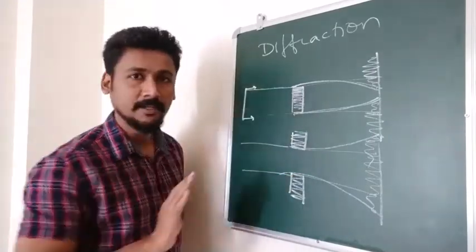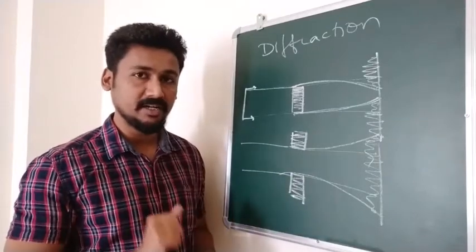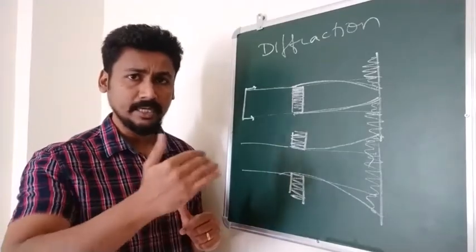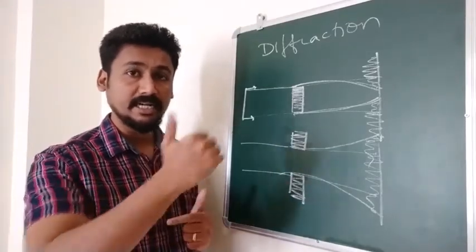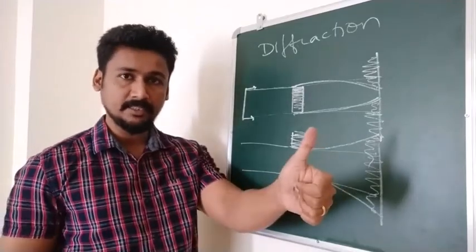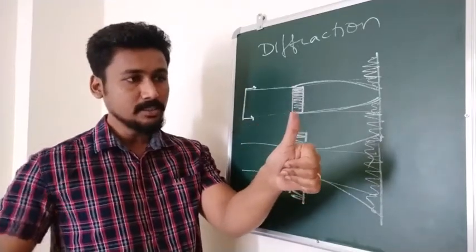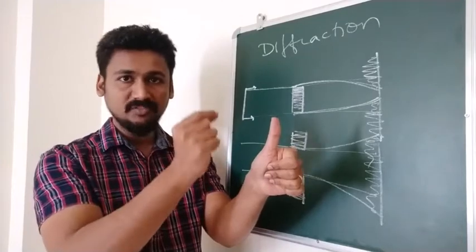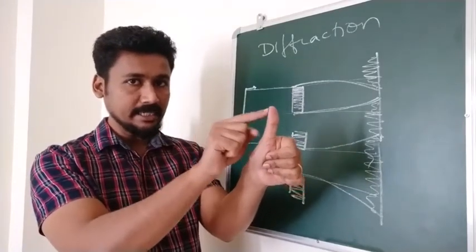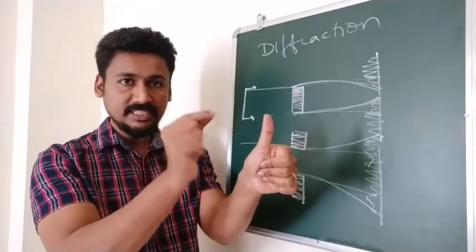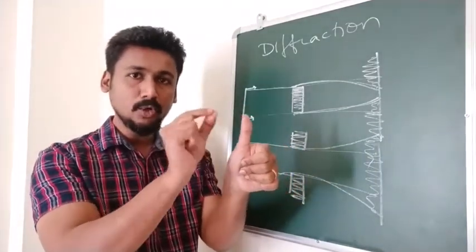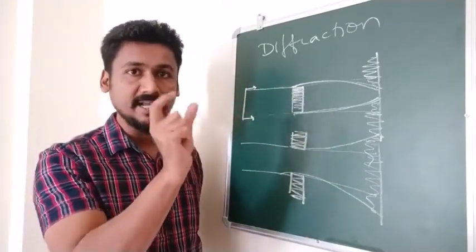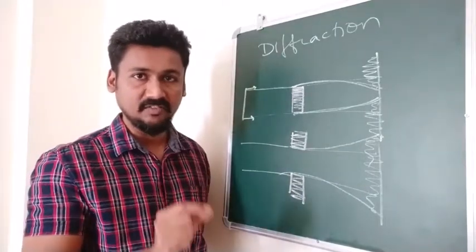I hope this is understood. Even if this is not understood, a simple activity I will tell you, you can do it. Go to your window. From your window you look at a faraway object, maybe a mountain, or a tree that is quite far away, and you stretch your hand like this. Stretch your hand and try to observe your thumb, and the region over the thumb. If you are looking at a tree, try to look at the tree just above your thumb. You will see that on the edges, the image of the tree will tend to curve. You will notice a little bit of bending. That is nothing but diffraction.